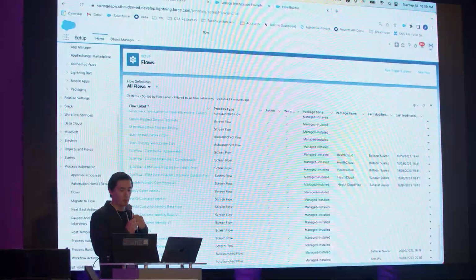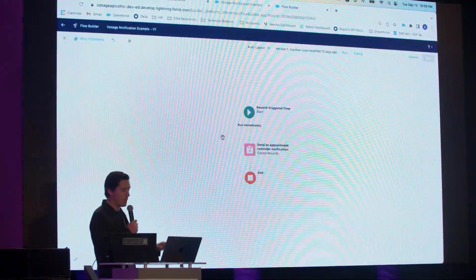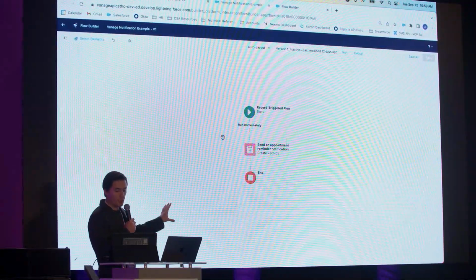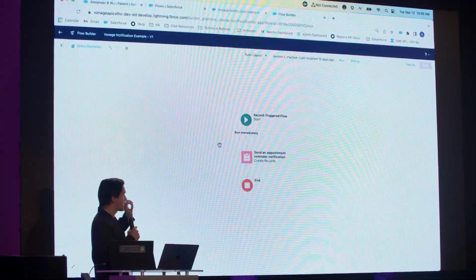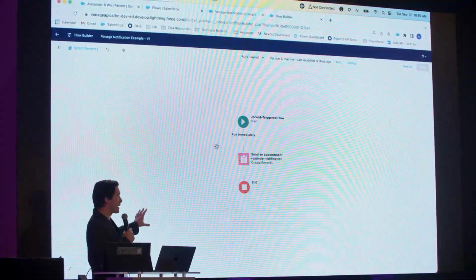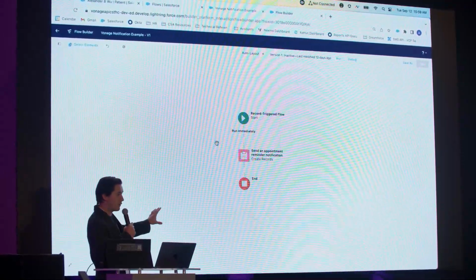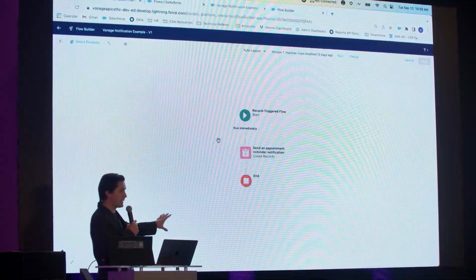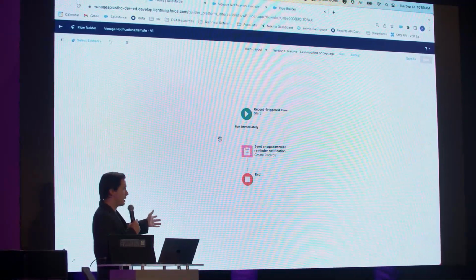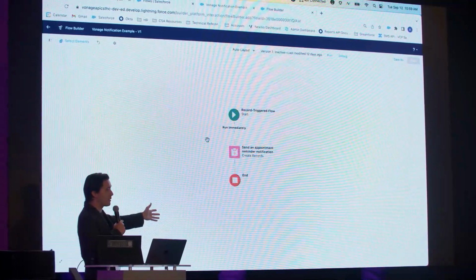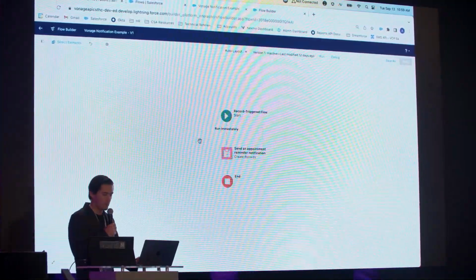I'll start off looking at the connector side. The connector itself comes with a couple of out-of-the-box components: the Lightning widget, the Lightning component you saw before, and a couple of built-in flows. The proactive notification flow, which you're seeing here, is very easy to set up and allows you to send out messages to phone numbers. In this case, I have it set up to send an appointment reminder.